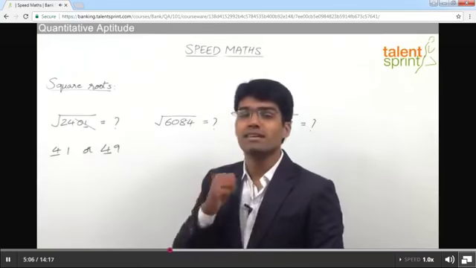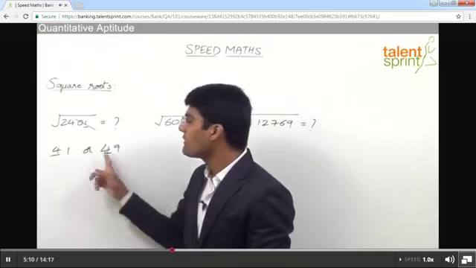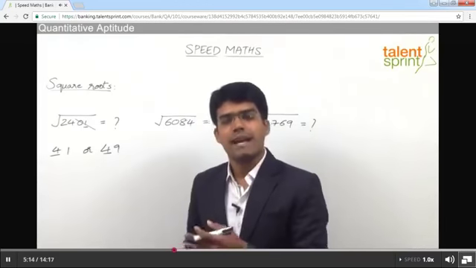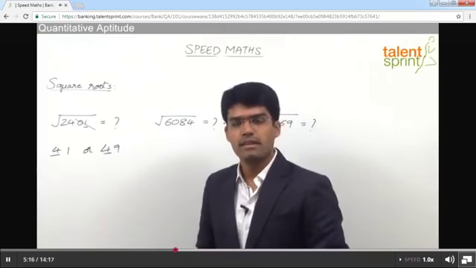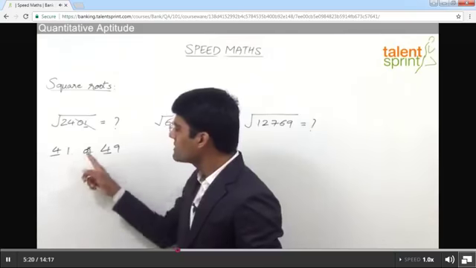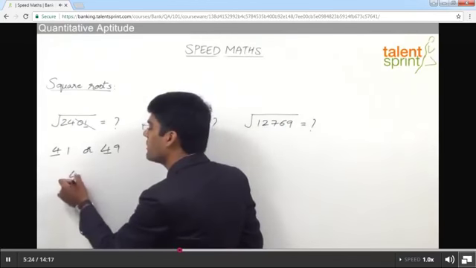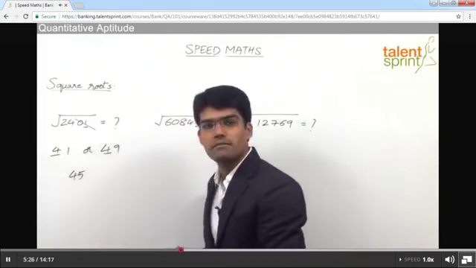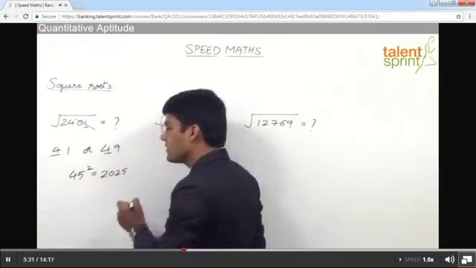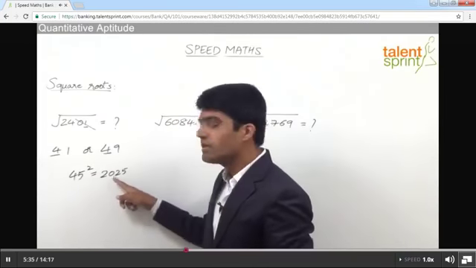And now comes the third and the last step. In the third step, we have to decide which of these two is correct. Is the answer 41 or 49? Now that can be done in 2 or 3 different ways. The first method here is, we can take exactly what comes between 41 and 49. That means the number which comes exactly between 41 and 49 is 45. What is 45 square? 2025. From the knowledge of finding squares of numbers ending with 5, we know that 45 square should be 2025.